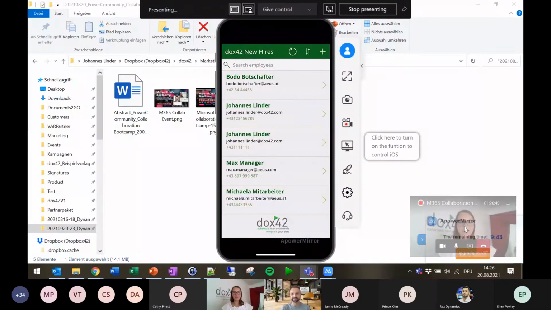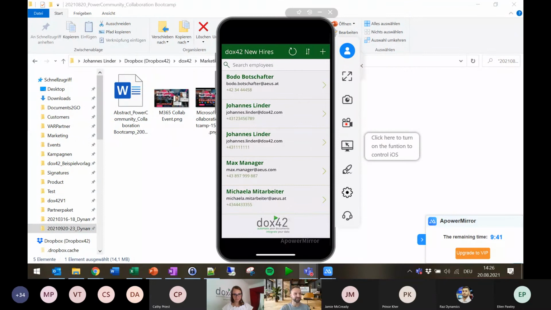But you know what the good thing is about being in charge of that Power App? I will start sharing my screen. This is my phone, right?